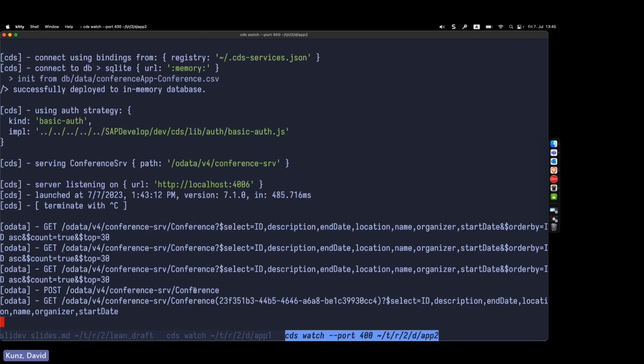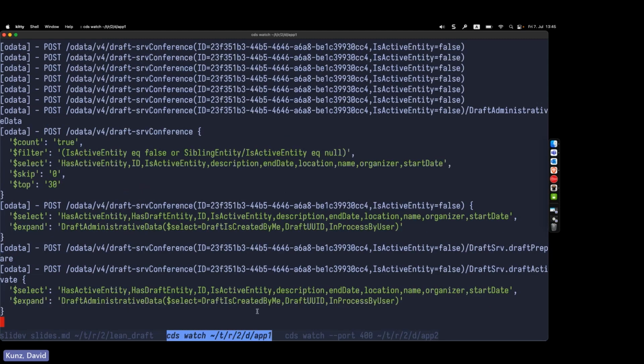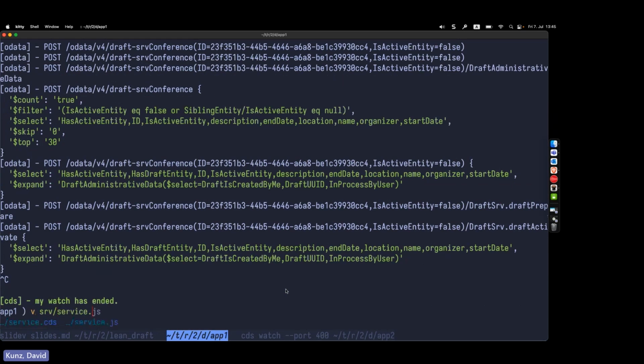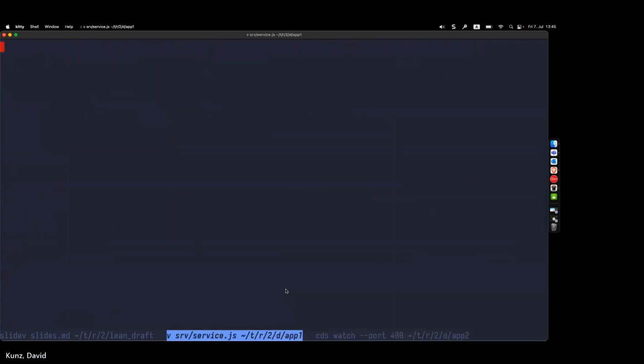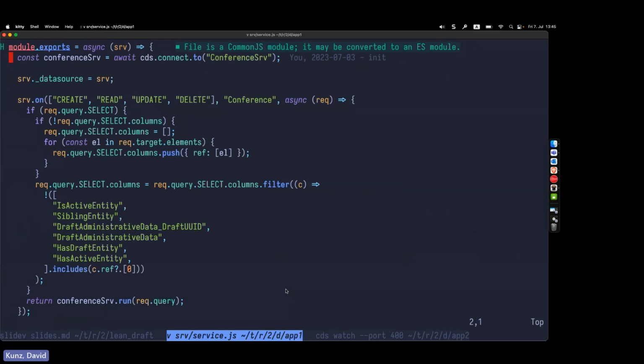You can see now we send a post request to the external system to save the active instance. This was never before. Now, how did I do this? There's a little bit of custom implementation involved. You have to write a custom handler to delegate the request. At the moment, it's not as nice as I want it to be. But the moment we can get rid of the old draft implementation, things will be simpler and we can approve, so you don't have to do all this stuff. It's still not much coding, but